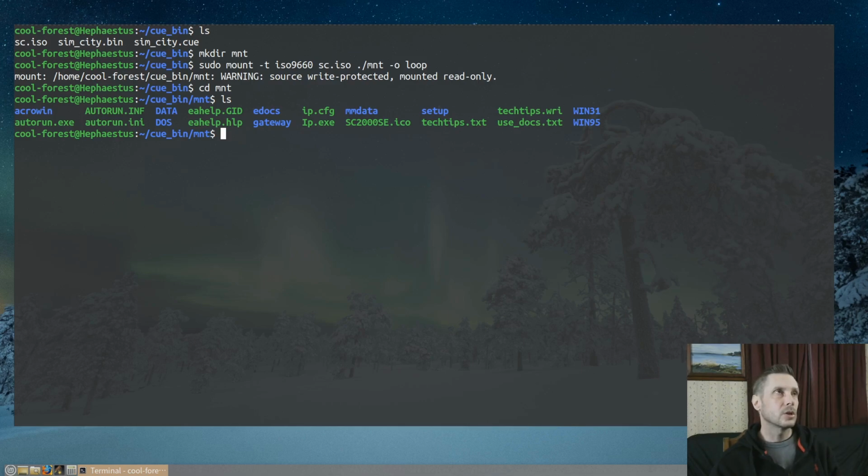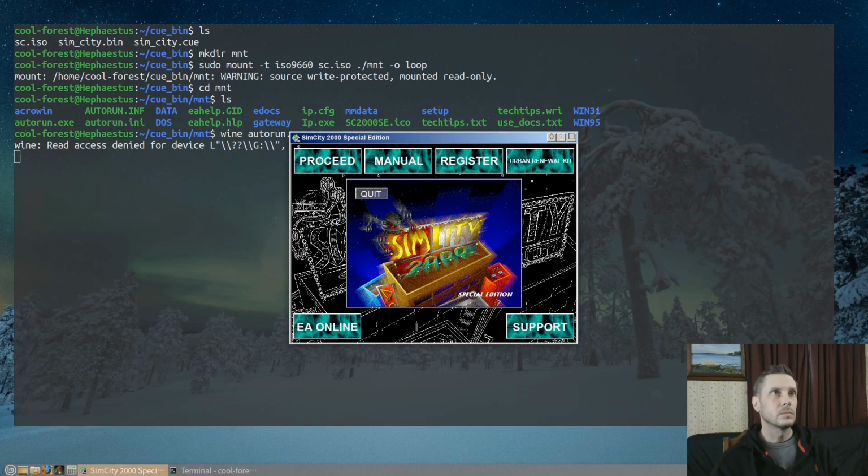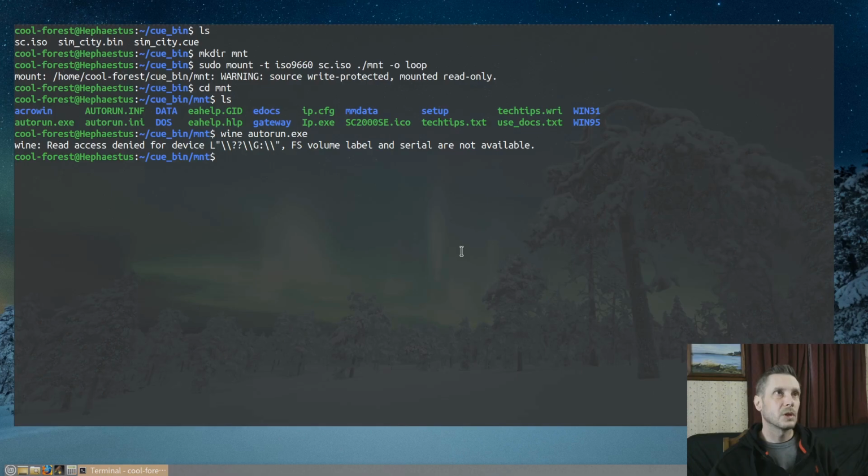If you wanted to just test things out quickly here, right? Once you're done with your ISO image, make sure you're not in that directory as a working directory, and then you can unmount.